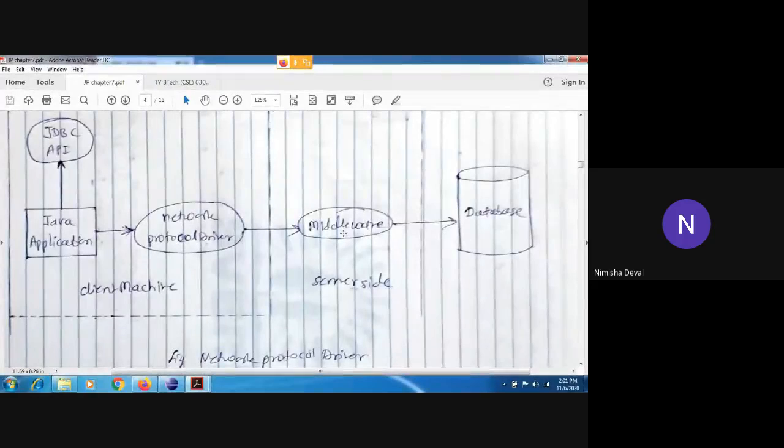Understood? Then another disadvantage is what? It requires database specific coding to be done in the middle tier. It is based on the application server, so whenever you want to implement it, that coding must be done at this middleware. Then and only then will it be implemented. So this is one disadvantage. Okay, now